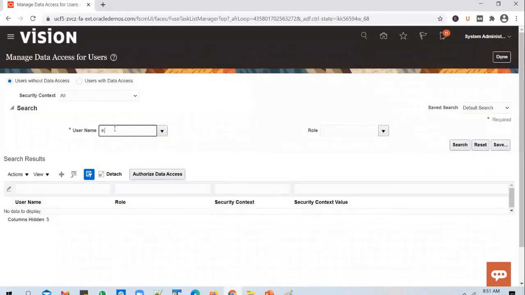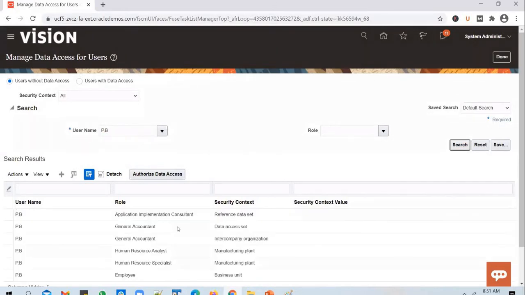It should be P, as in Pragati dot B. Okay, so click on search and then the roles get defaulted. And now you click on authorize data access.